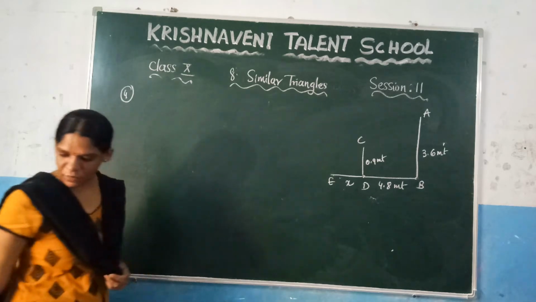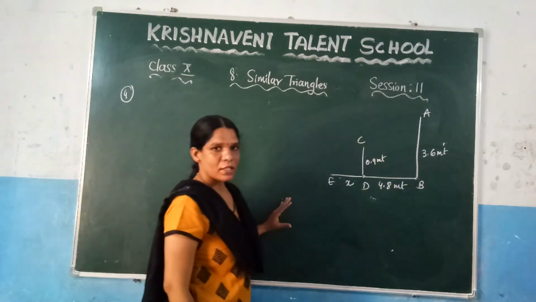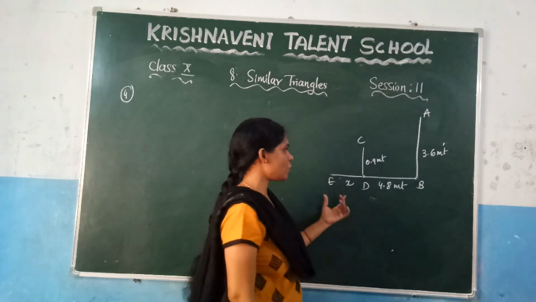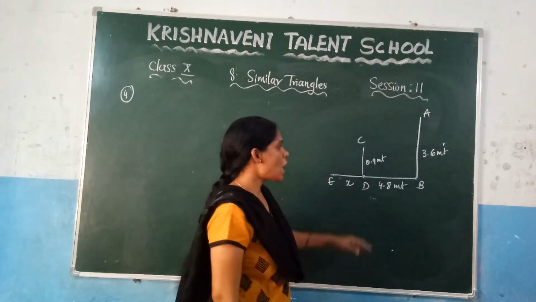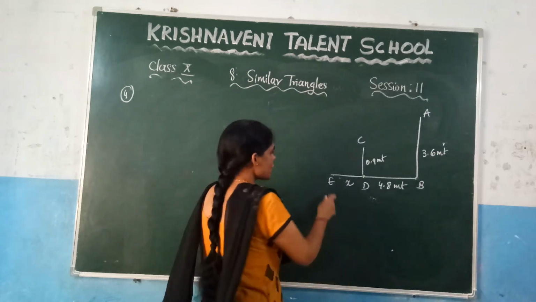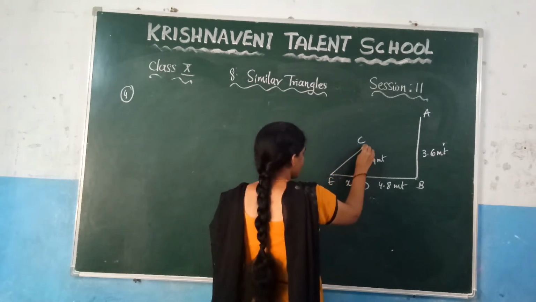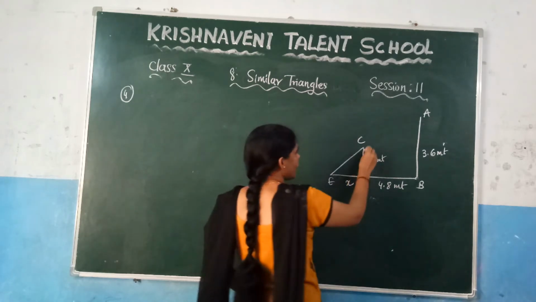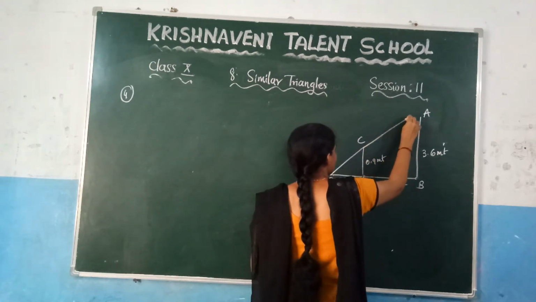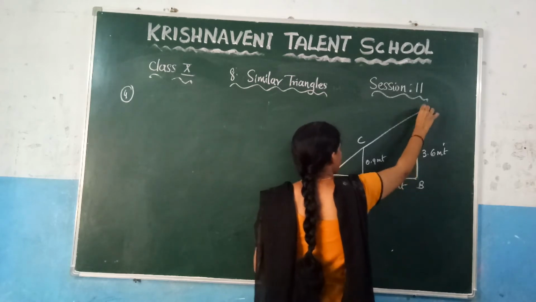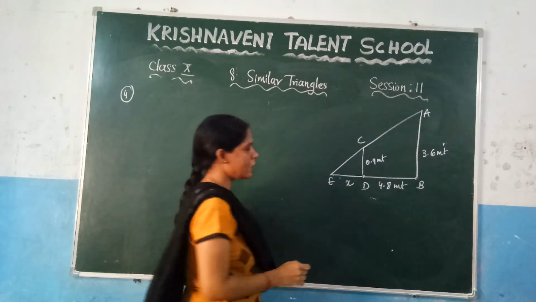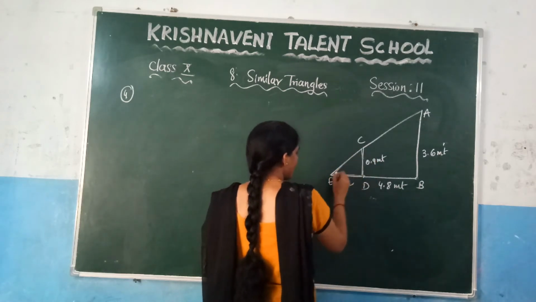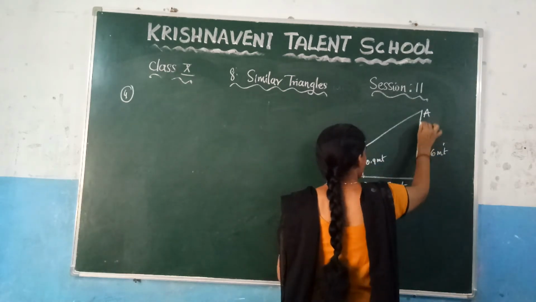So what they have given, we have written all the things. Since we are using the similarity concept, we need to choose two triangles. How do you get two triangles here? Let us join this one. So you will get one triangle. Since we need one more triangle, let us join this one here. So clearly you can observe that we got two triangles. Which is the smaller triangle, and we got one more triangle which is the bigger triangle.